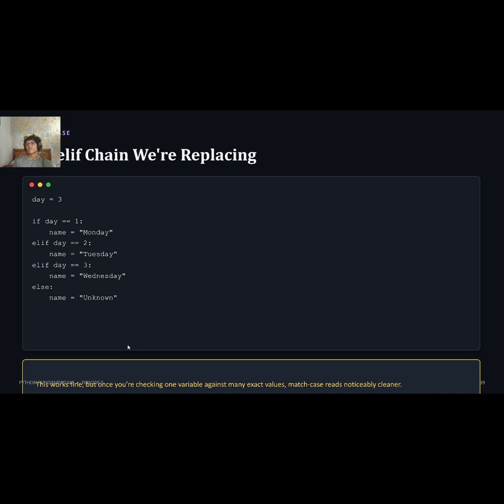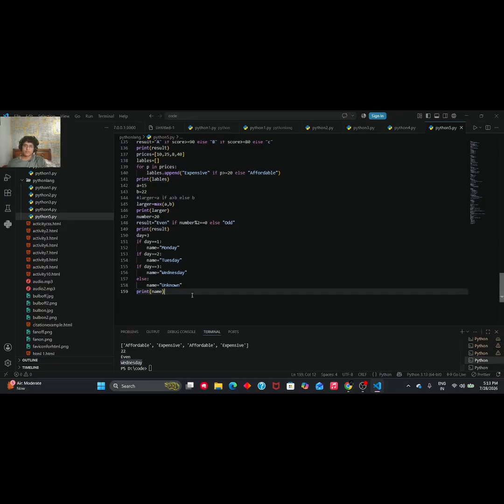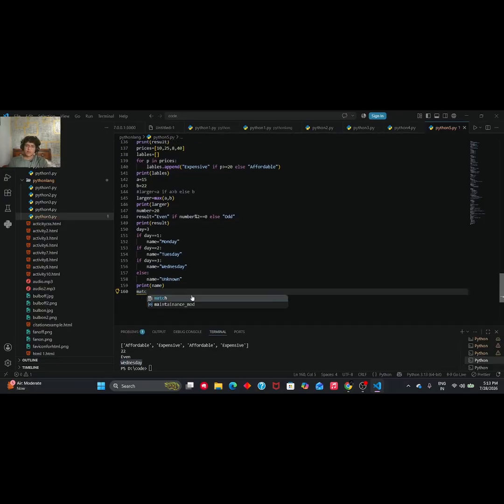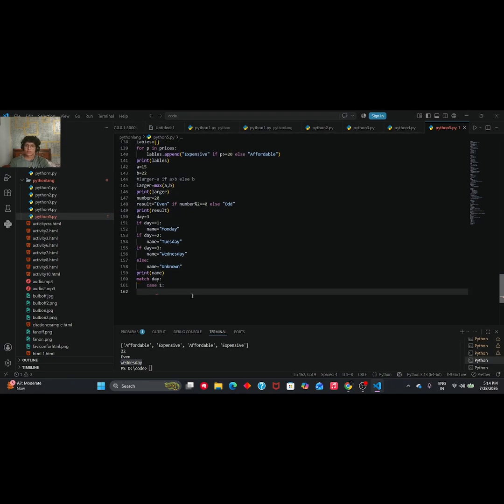This works fine, but if you're checking one variable against many values, match case statements are much cleaner and much easier. Let's try the alternative of this one. First, you have to write match, then the day, then case 1. See, case 1 means day equals 1. We wrote day here, then case, it means day equals 1,